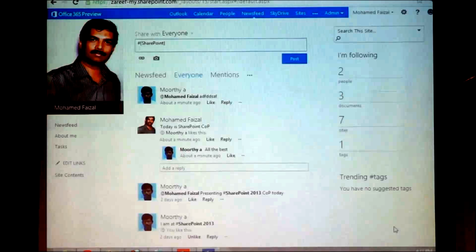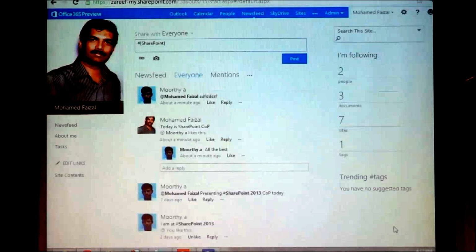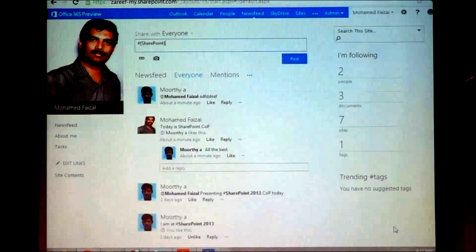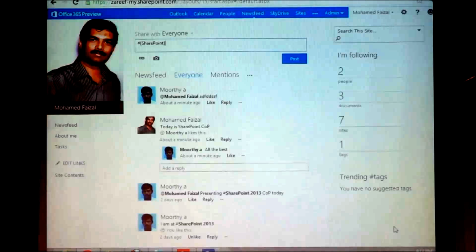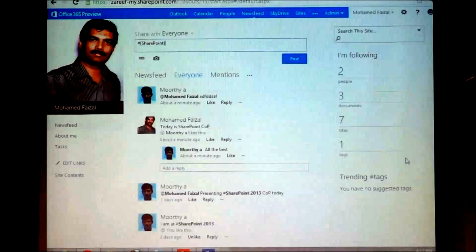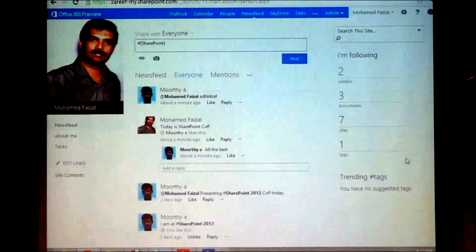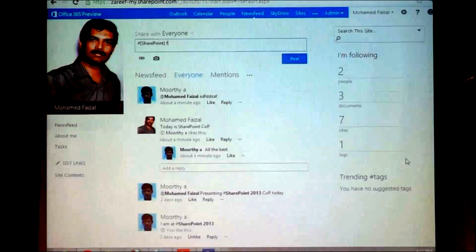Hash SharePoint means SharePoint people will know. If you want to use something very generic, we can use a hashtag which we can query, then display that information. That's why if you use at your name, the social engine can track who used your name. A similar concept is used here to track all this information.